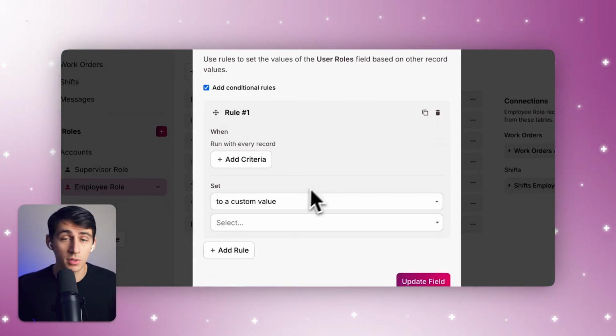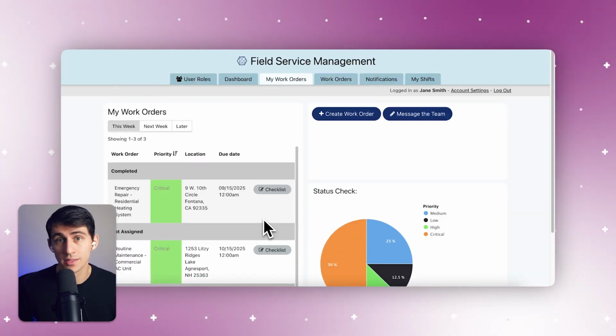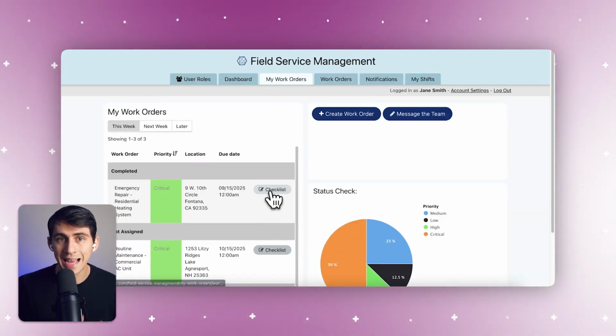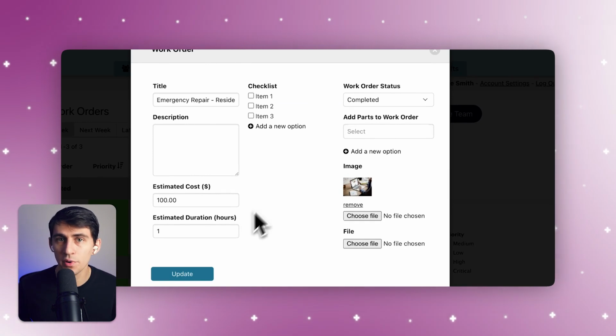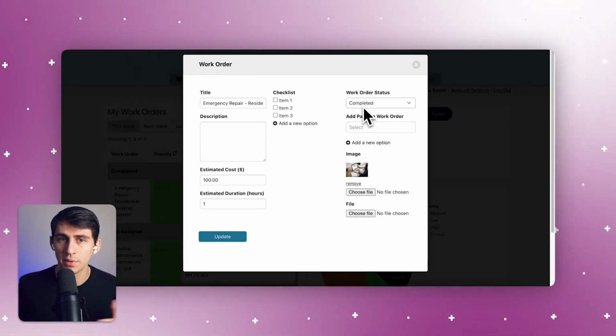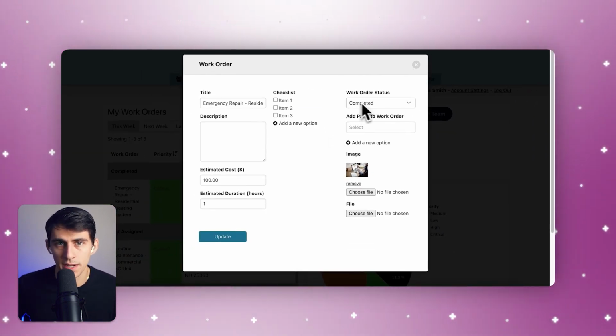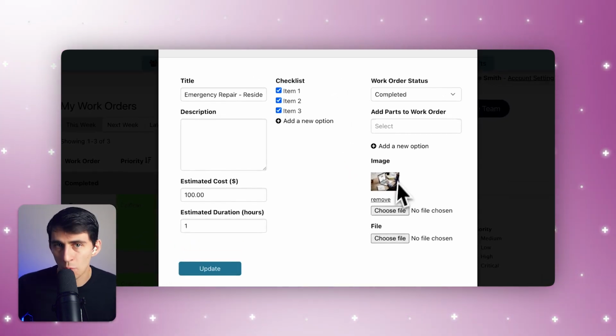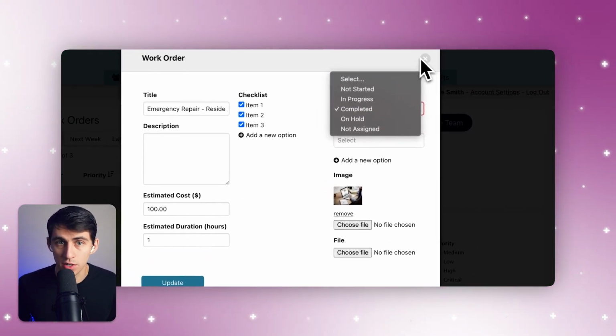As a field technician, you can do a lot of things inside this system. You can view assigned work orders easily and filter tasks by time frame or status. Employees can complete work order checklists and then add pictures to document a completed job. Okay, so first of all, let's click on a work order to see all the details, description, images,